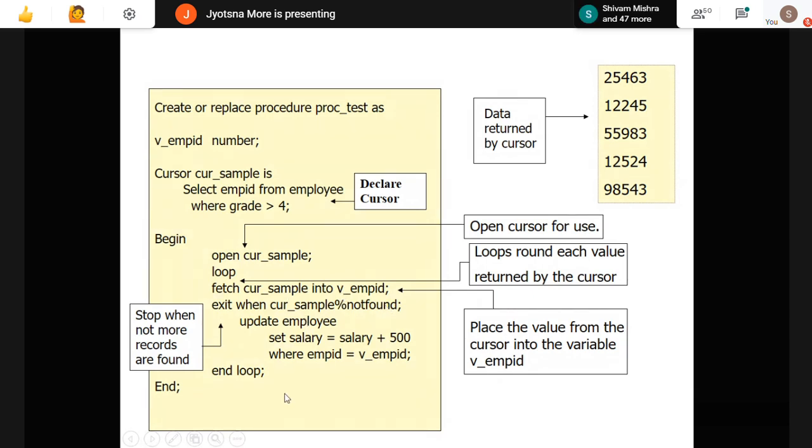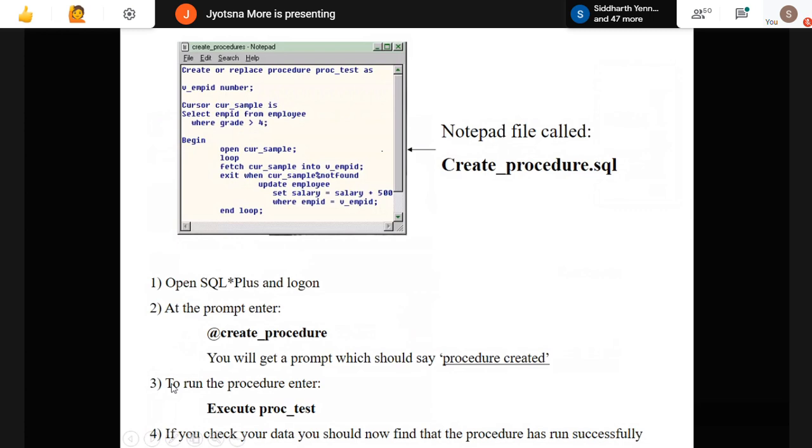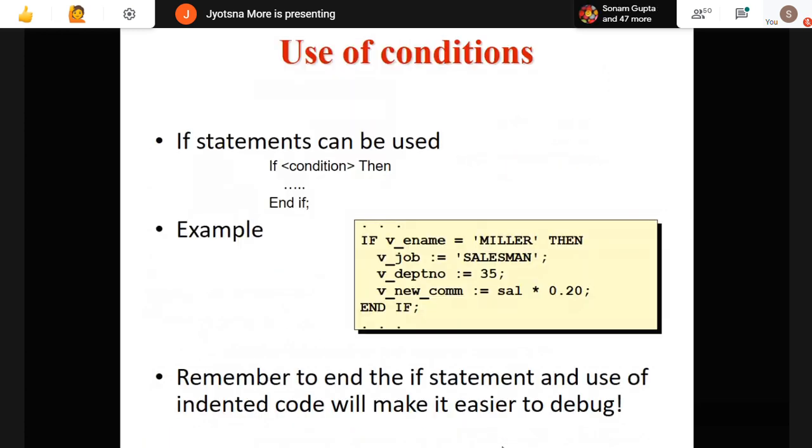Accordingly, one value found, it will go ahead, continue with the second value, then the third value, and so on. Once the data is not found, it will come out of the loop and close the cursor, the end of the cursor. Okay, that is the same thing: create a procedure, how to execute and all that we have seen.